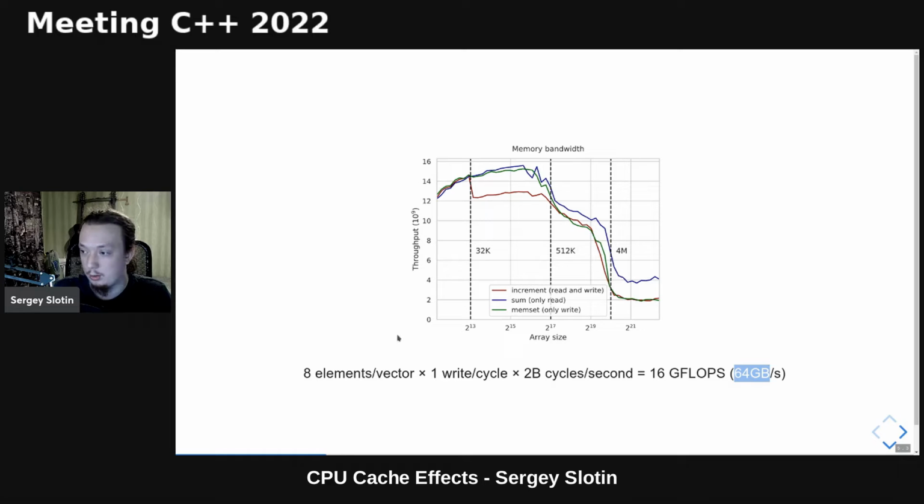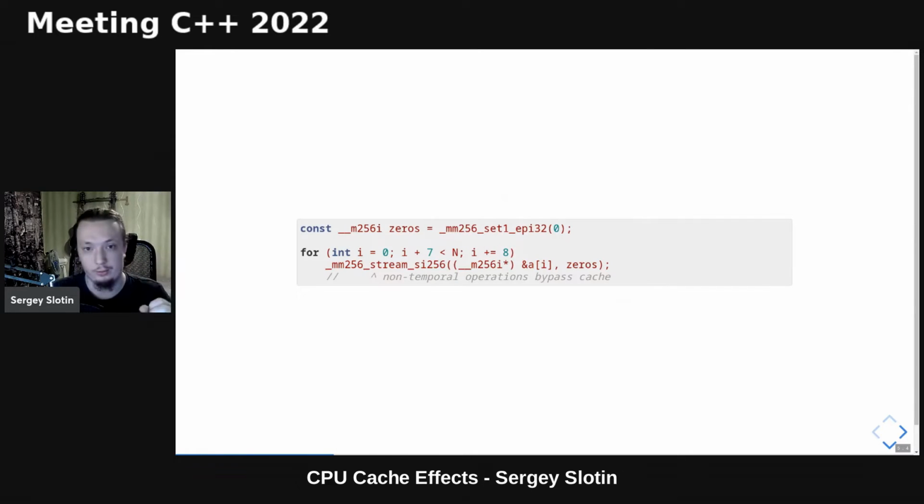By the way, the compiler also uses SIMD operations for the read-only and read-and-write loops, but it is a bit more complicated than just writing zeros. And this talk is not about SIMD, so I won't explain how they work exactly. But now that we have implemented memset ourselves, we can replace the usual vector store intrinsic with a non-temporal one. The non-temporal memory reads and writes are essentially a way to tell the CPU that we won't be needing the data that we just have accessed in the future. So in our case, there is no need to read the data back after a write.